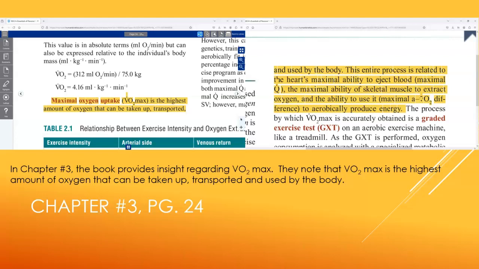And what we're really trying to get across to our clients is, when you start working out and we start talking about VO2 max, we have a very high correlation between how efficient your body can be in one functional area, but also another area. You start working out, it'll have a direct effect on VO2 max, but it will also have a direct effect on, in our terminology, Q, or the cardiac output, meaning how efficient your heart gets at ejecting blood with every